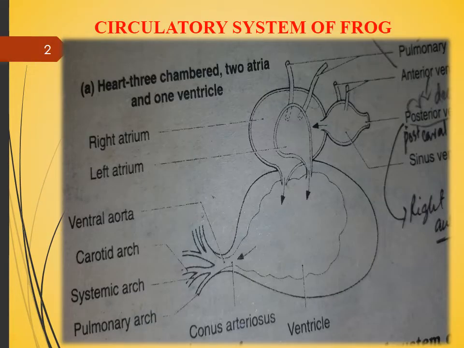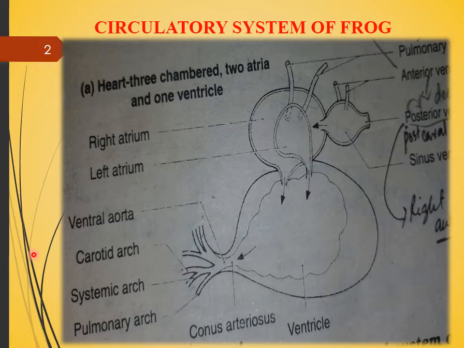First, we discuss the double circuit plan. Double circuit plan means blood moves toward the heart twice and blood is pumped by the heart twice, one by the help of the systemic circuit and the other by the help of the pulmonary circuit. But here we are concerned with the incomplete double circuit that is especially present in frogs.